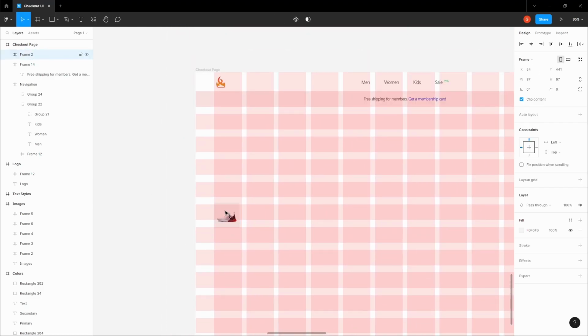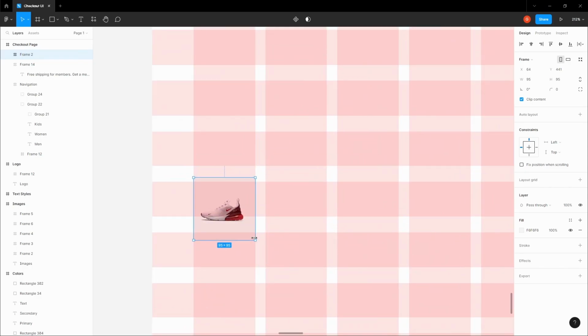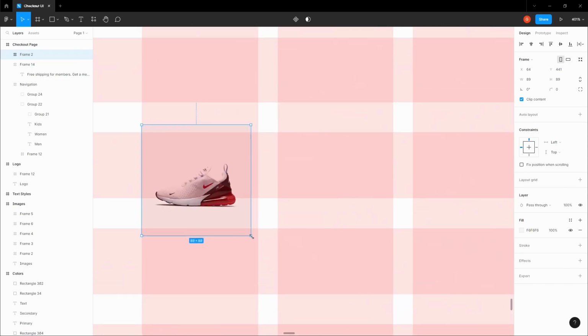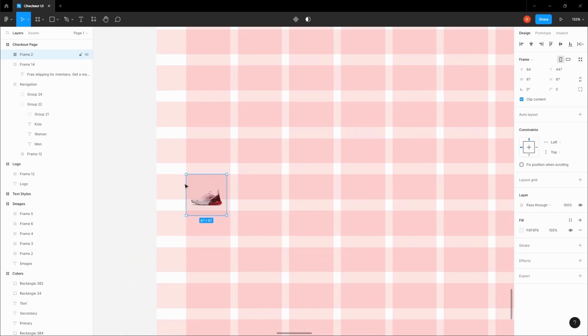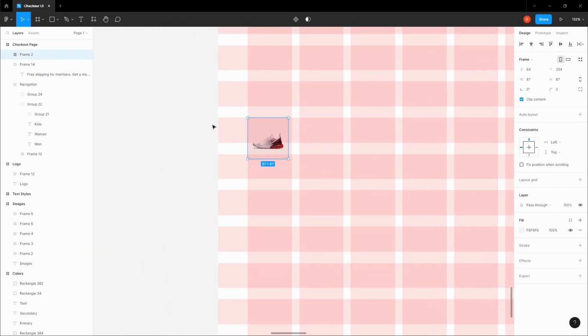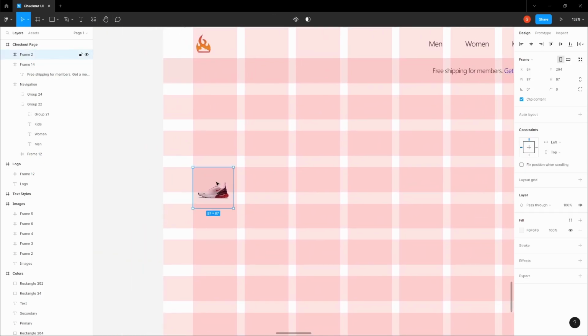And let's scale this image just a bit. I think, okay, we don't have to scale it. I think it's looking good already. Okay, so let's position this